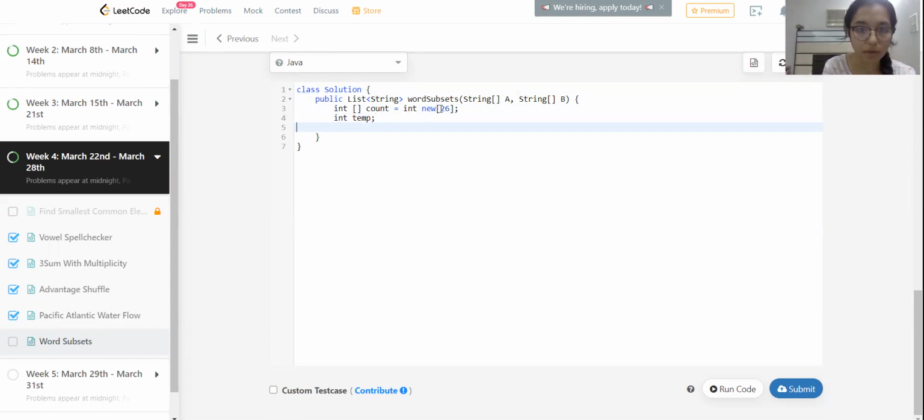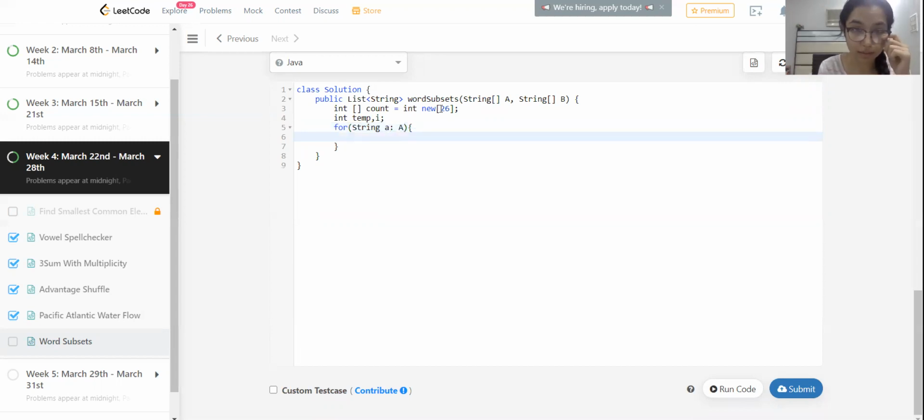Now let's run a loop over the string A of A. Here we are checking the string A. Now in temp, we are calculating. We're going to make another function called counter where we check the number of letters in A and B. Let's do it in A first.